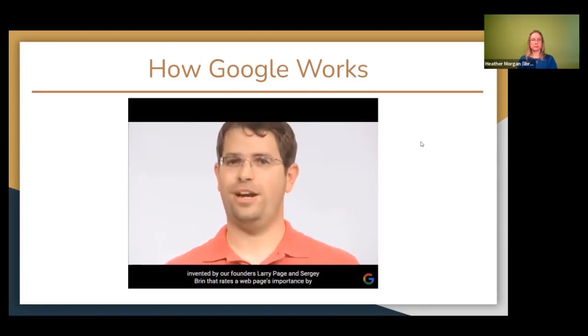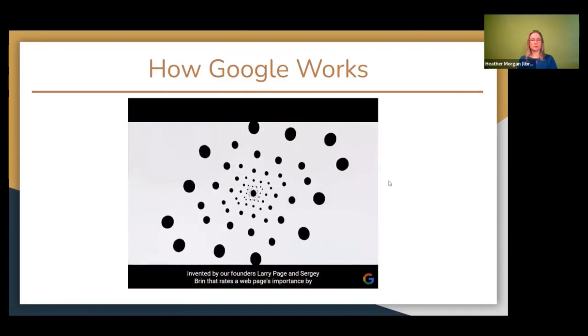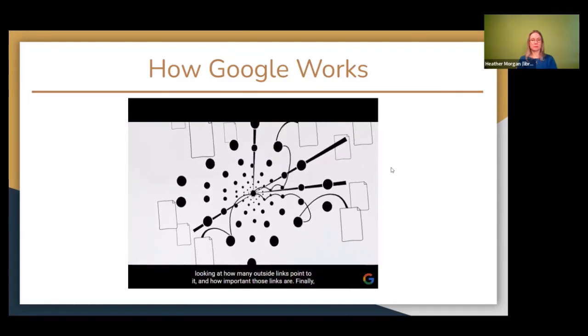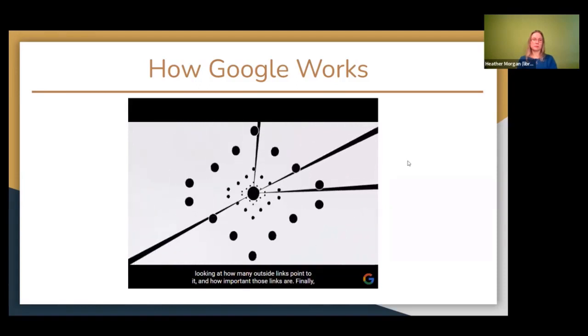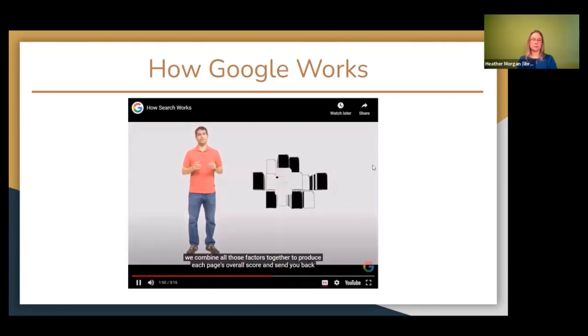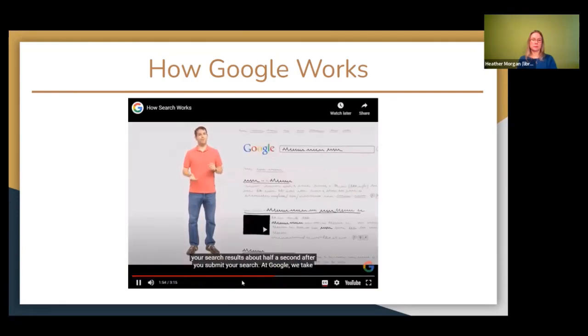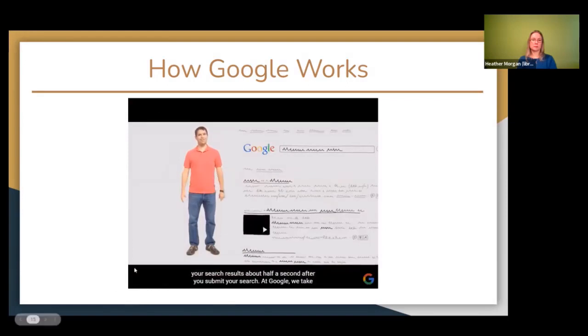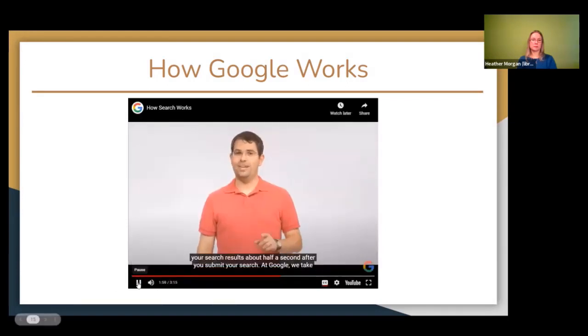That's a formula invented by our founders, Larry Page and Sergey Brin, that rates a web page's importance by looking at how many outside links point to it and how important those links are. Finally, we combine all those factors together to produce each page's overall score and send you back your search results about half a second after you submit your search. At Google, we take our...